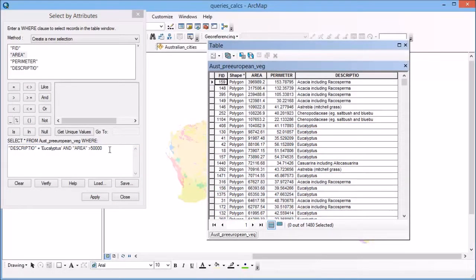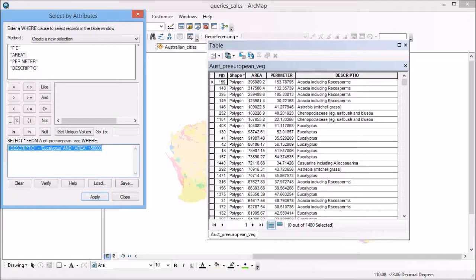So say we might clear that selection here, and in general we use the top box, we use some sort of operator in the middle, and then something over here on the right. But that doesn't always work. So for example, if I want to find everything that's not eucalyptus, I would actually say not description, so I'm double clicking on description there, not description equals get unique values